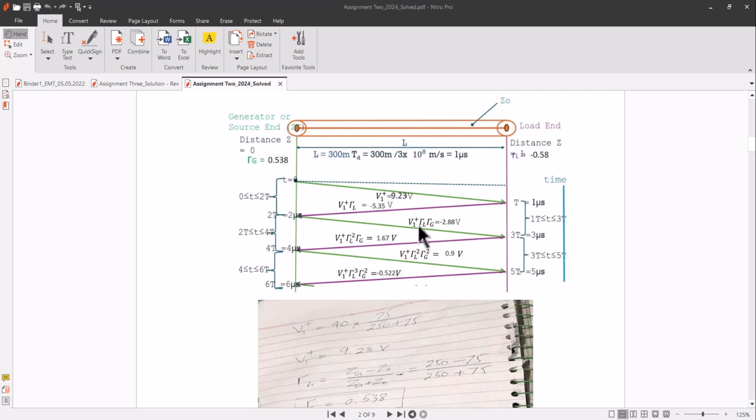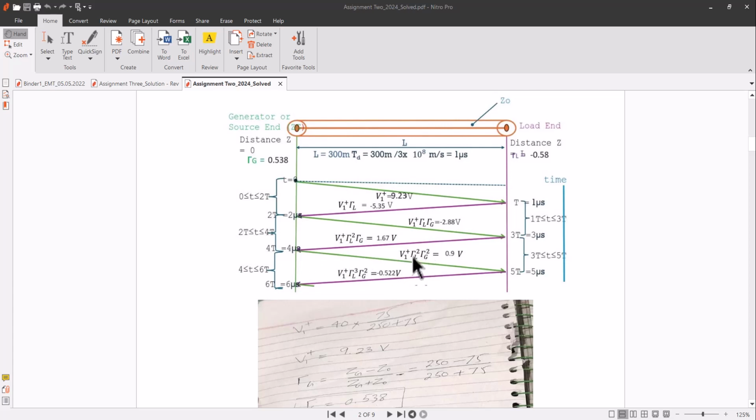So we will get V1 plus tau L tau G multiplied by tau L. So tau L and this tau L will become tau L square. Here we can see that V1 plus tau L square tau G. Now when it reaches here it will be reflected again, and this whole thing will be multiplied by the tau G. So it will become V1 plus tau L square tau G multiplied by this tau G,